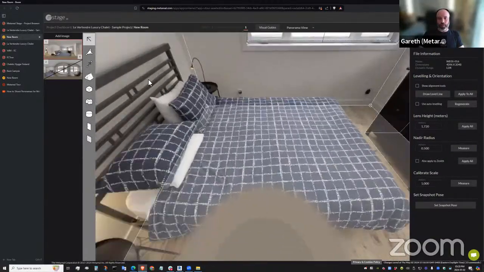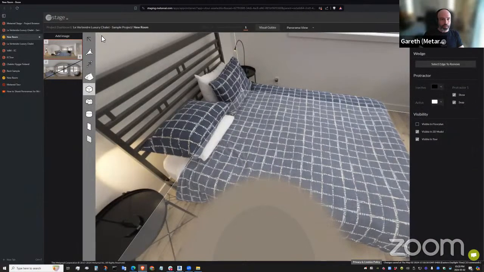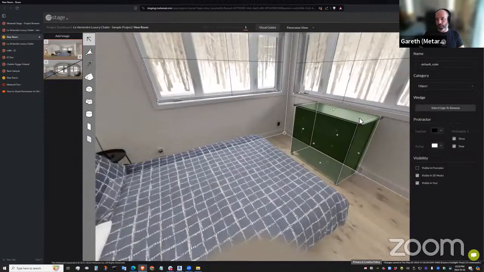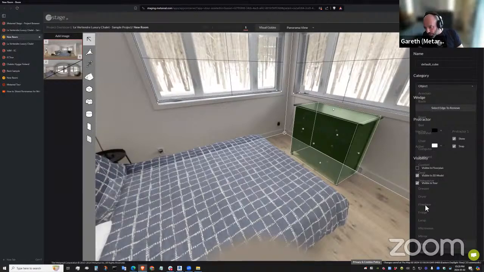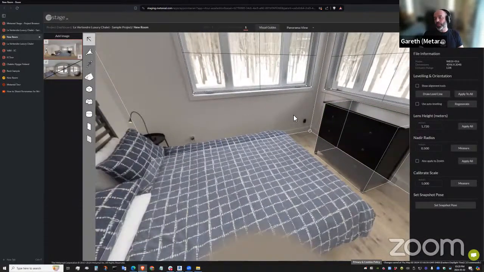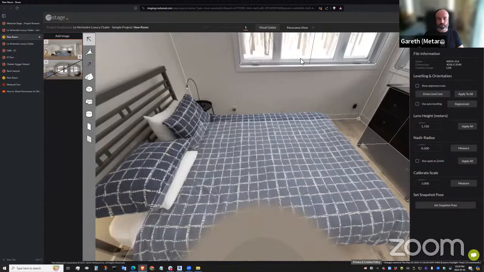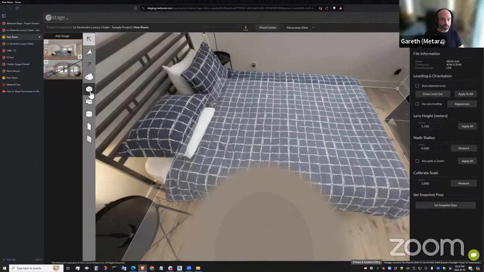So I've added an object there. I might want to mark out another. And in this case, when I click on the object, I can categorize it. We've got a little bit of a UI glitch there, but I can say it's a dresser. So now I've categorized it as a dresser. And when you extract the stats from the system, it's got that volume, that object, that location marked as a dresser, and it's identified and categorized in the system.